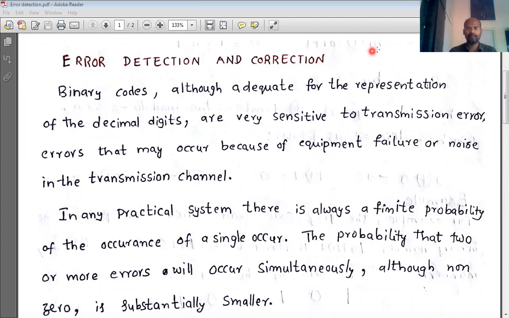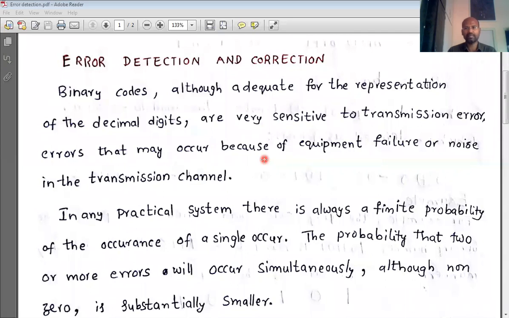Let me repeat. This is a common problem in communication systems. If you want to transmit a number from point A to point B, let's say number 4, what you would like to receive at the receiver is number 4 only, because that is what is being transmitted.